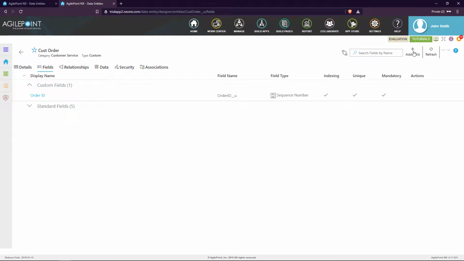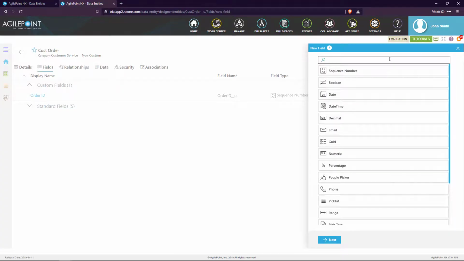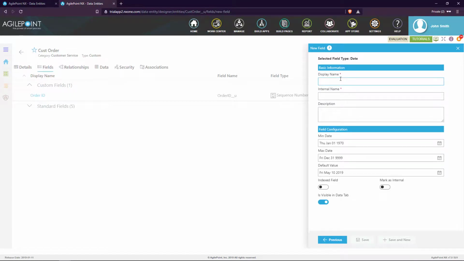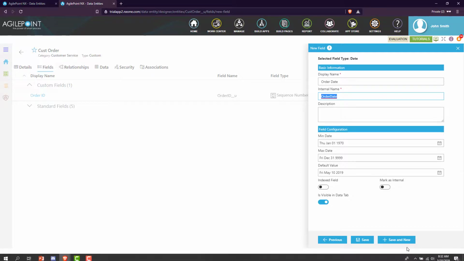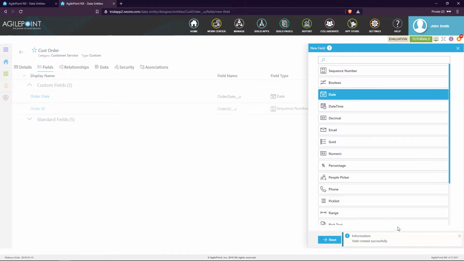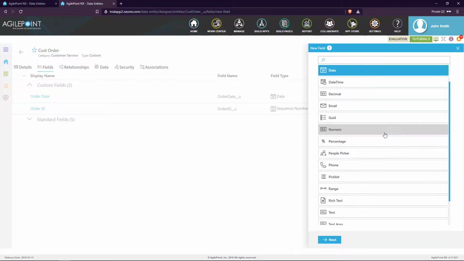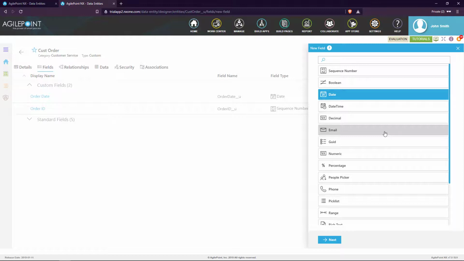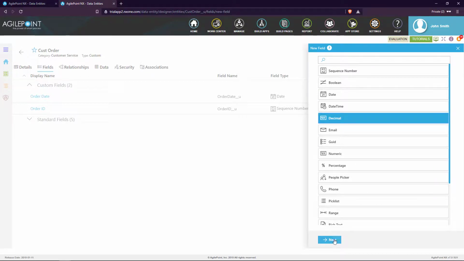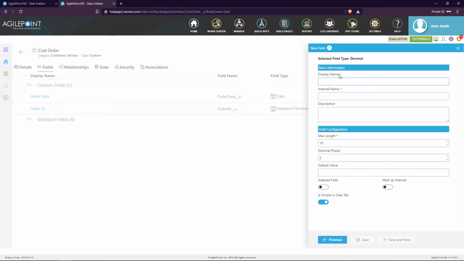Okay, so let's add a few other fields here. We'll use a date control to capture their order date. We'll use a number field to capture the order amount,